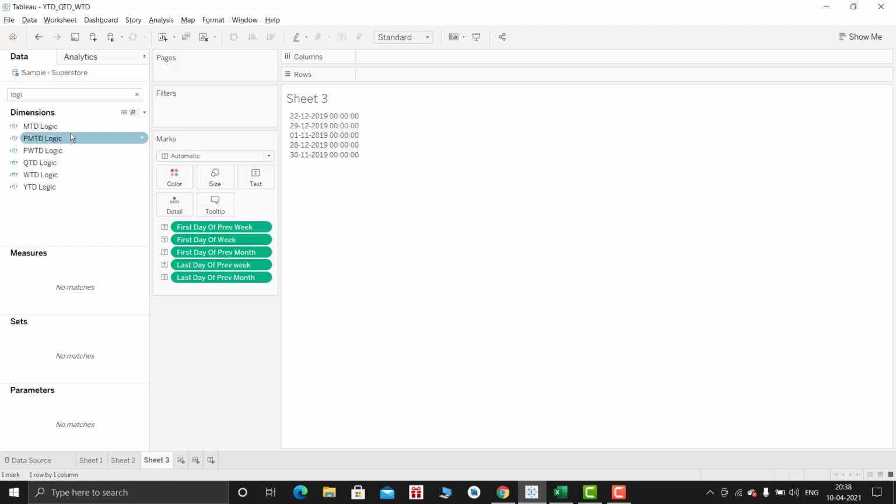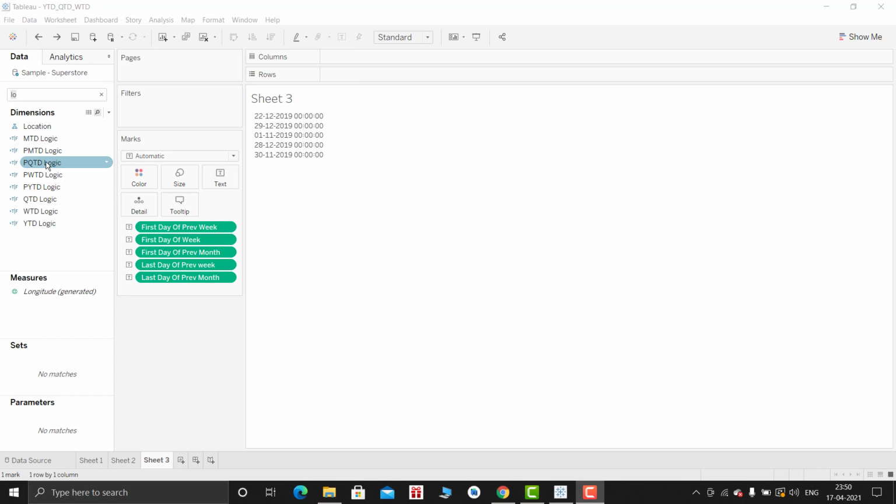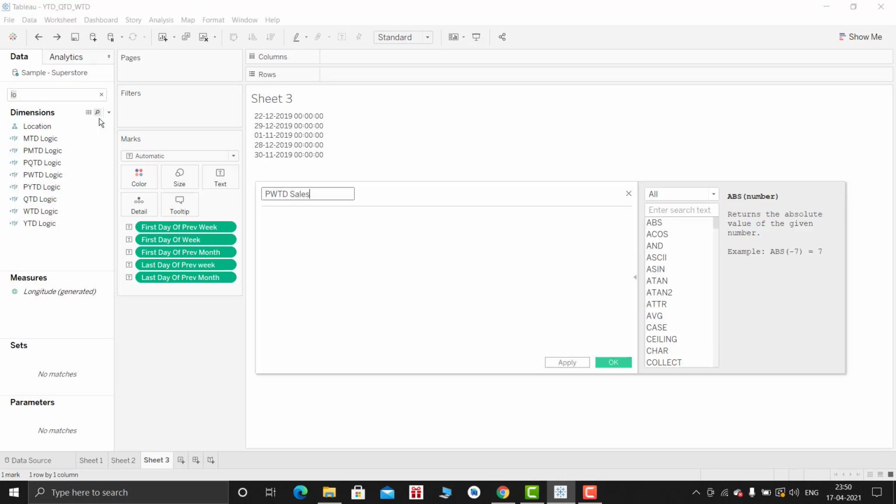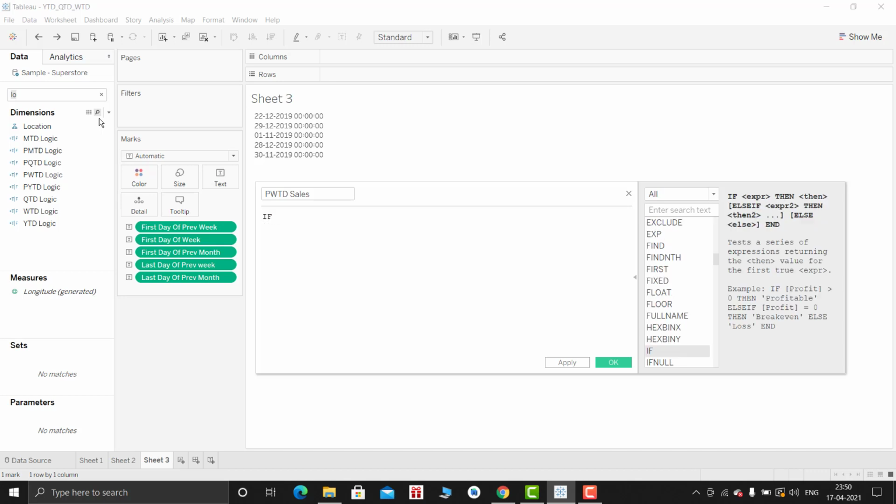So in the same way we will be creating for previous quarter and previous year till date. So the previous quarter and previous year till date logic is ready. Now let us create the sales. So for previous week till date sales, if the previous week till date logic is satisfied, then return the sales, end.